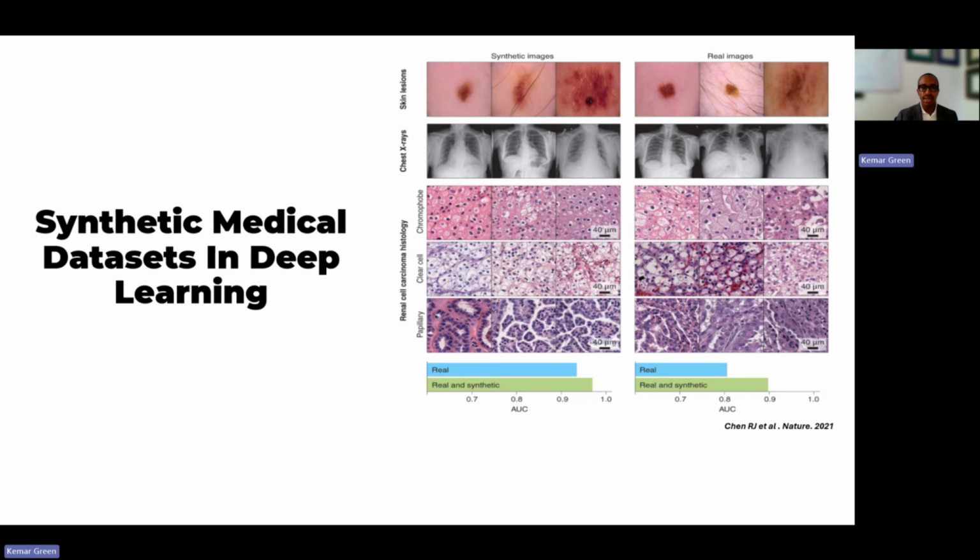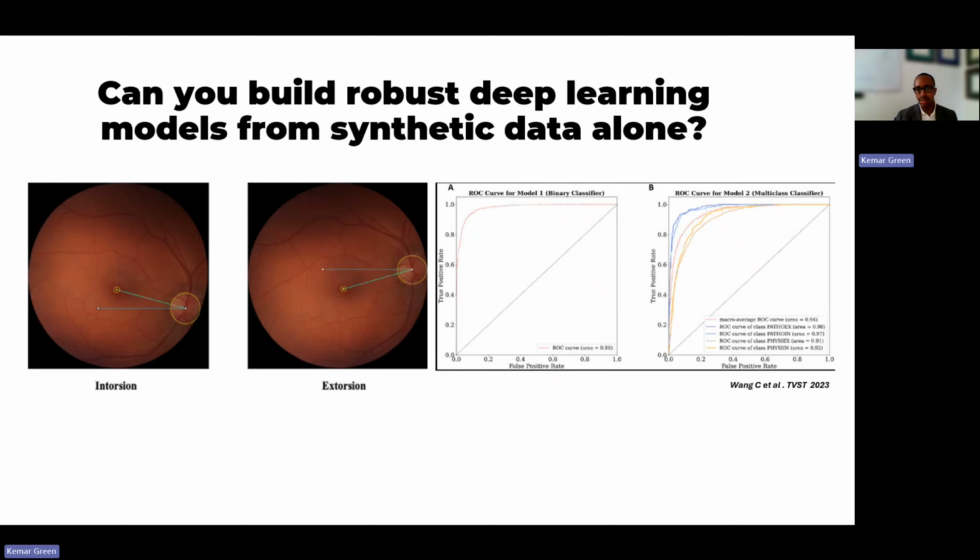And then regarding the data set issue, people in the past have tried to augment data sets with synthetic data. And you see here on the right of the screen the distinction between synthetic and real. You can't really tell with regards to different data set types. But when you combine the two data types and build a model, the model tends to perform better. And so this kind of tells us if we don't have a lot of data, we could augment it with synthetic data. And we've done something similar since then, but instead of using synthetic plus real, we modeled purely synthetic